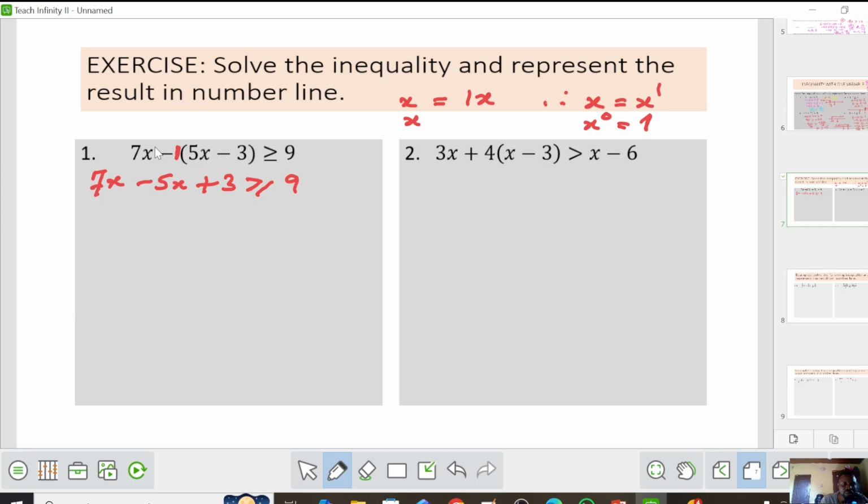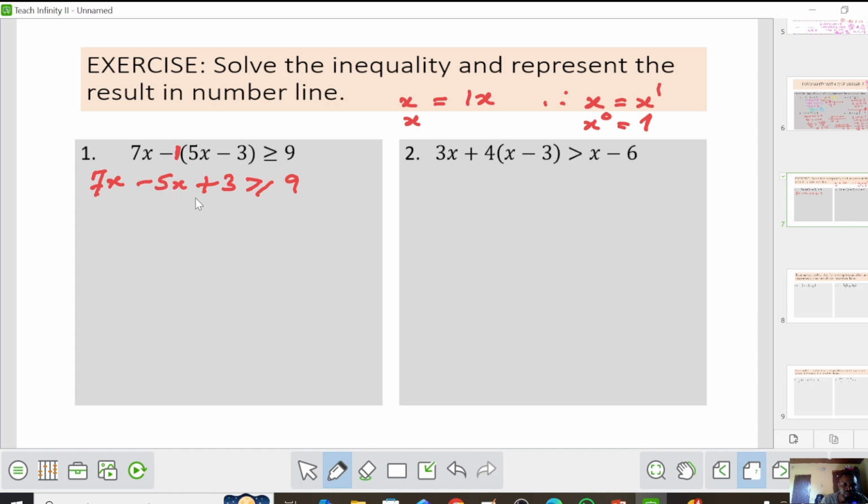Don't use 7s, because a lot of students make this error, using 7s to open the bracket. It's wrong. If you must use a number, please use 1 to open the bracket. So this, by collecting like terms, now collecting like terms means the one that has x, put it on one